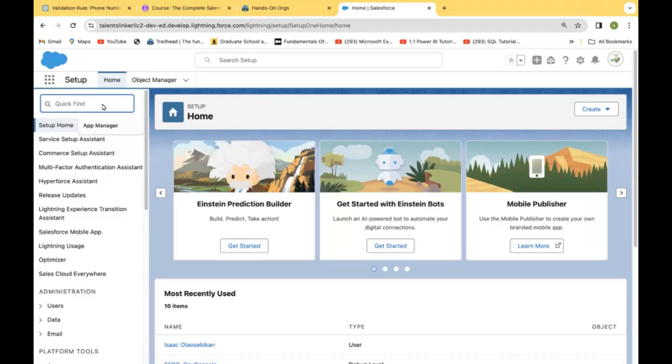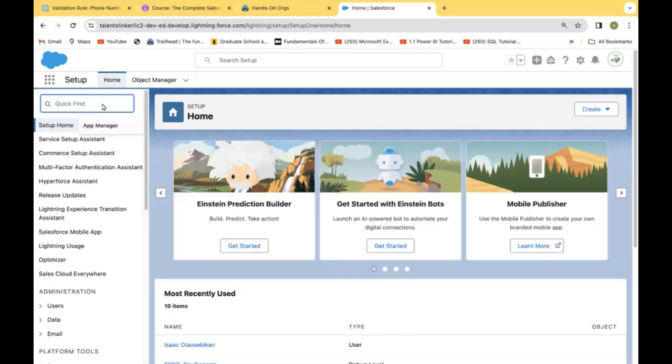And this data import wizard has its limitation in that it cannot import more than 50,000 records at a time. Anything above that, then you might need to use a data loader, or you consult AppExchange for a third-party application for you to use to carry out